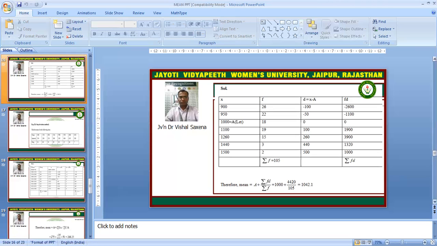The values of x are given by these values like 900, 950, 1000, 1100, 1260, and 1440, 1500. In a similar way, we are given the frequencies and d, which is equal to x minus A, and A is taken as the assumed mean, 1000. So we will calculate the values of d, x minus A, like minus 100, minus 50, 0, 100, 260, 440, and 500. And the values of fd are